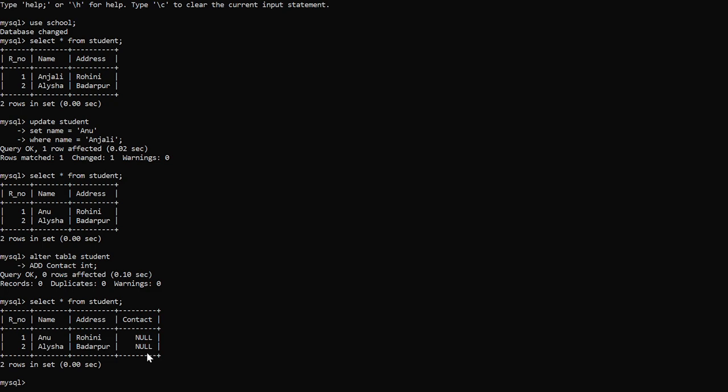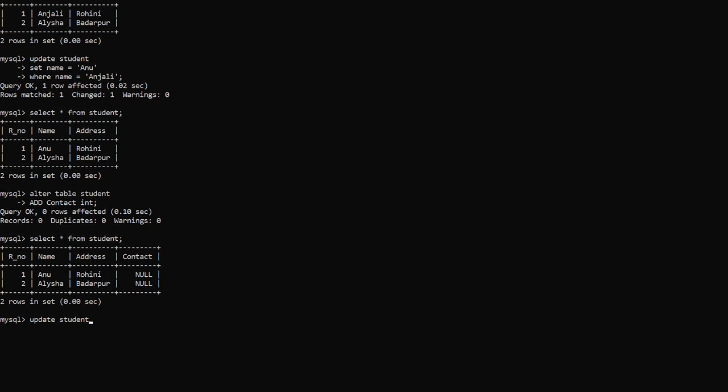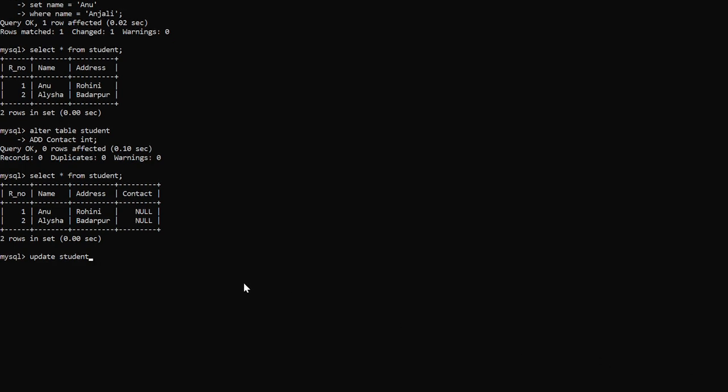What we need to do is use the update command again, right? We have to use update student, the name of this table, we have to set contact is equal to 1 2 3 4.